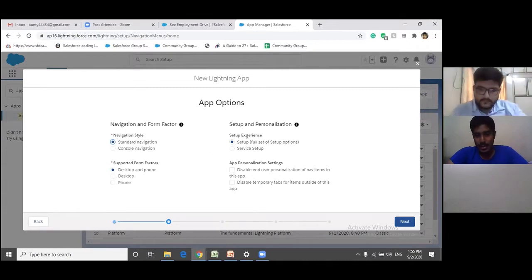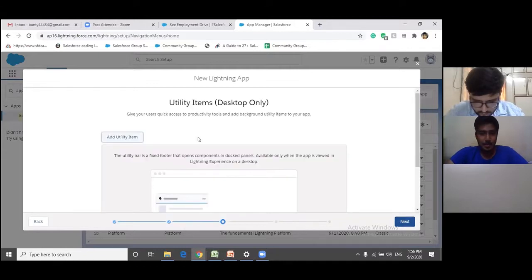For setup experience, there is a service setup and a normal setup, the full setup of options. Since we want full options, I want to select setup. If you want to disable this application for particular people, we can click enable these buttons. I don't want to disable as of now. So I would like to click next.